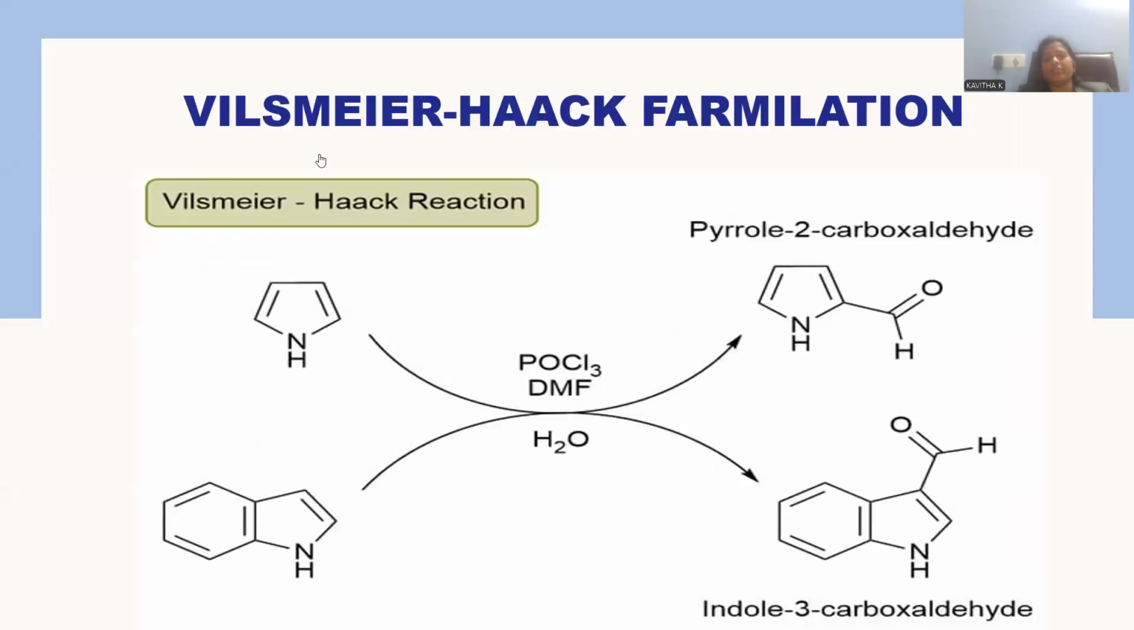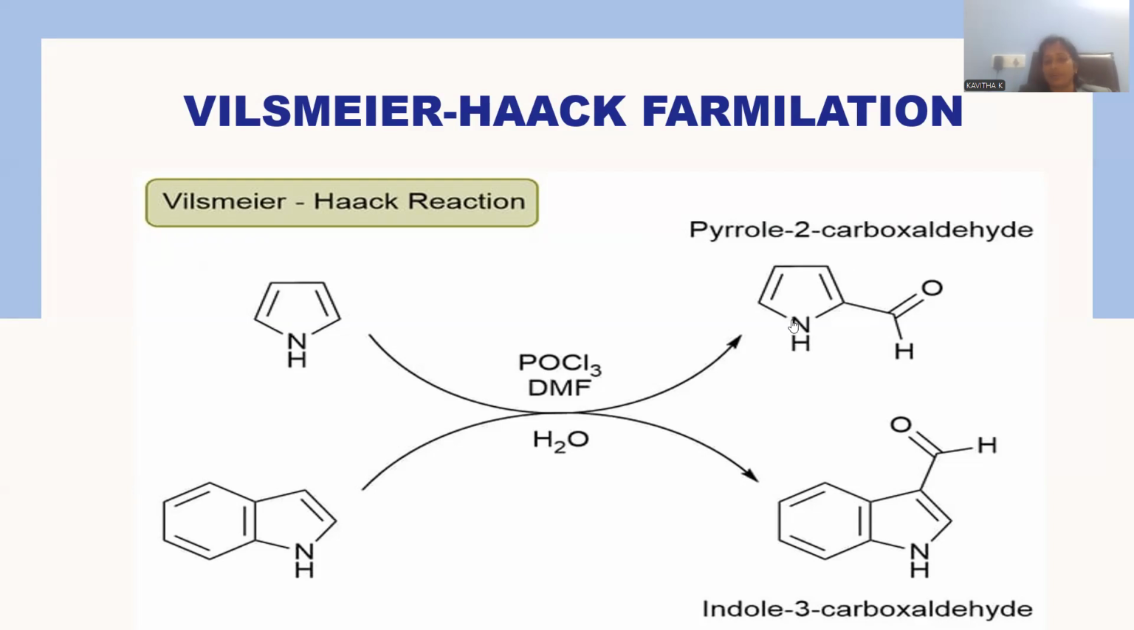Let me go for the Vilsmeier-Haack formylation. There are contrary factors operating upon the Vilsmeier-Haack formylation in open pyrrole and benzopyrrole. Pyrrole undergoes the Vilsmeier-Haack formylation with phosphorus oxychloride and dimethylformamide under aqueous conditions, giving rise to formyl functionality at position number 2. Pyrrole-2-carboxaldehyde